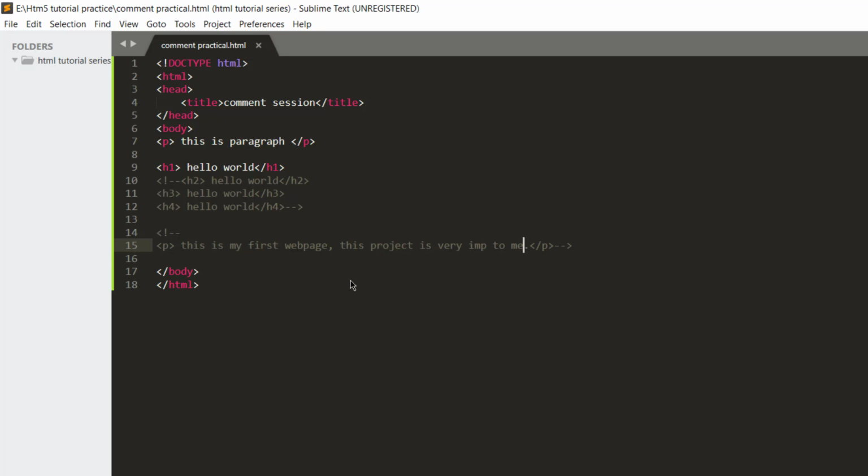Like this is extra information that I put on my web page, but I don't want to show it to the end user, though I want to show it to myself or any other developer who comes to my web page, who is going to develop or improve it in future. He or she can see that comment, but it's not going to be shown to the end user.